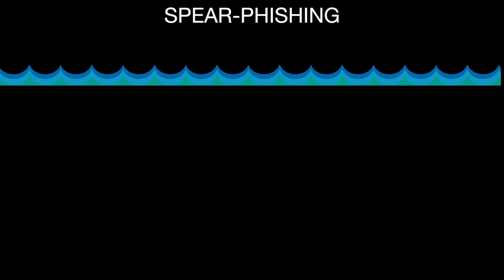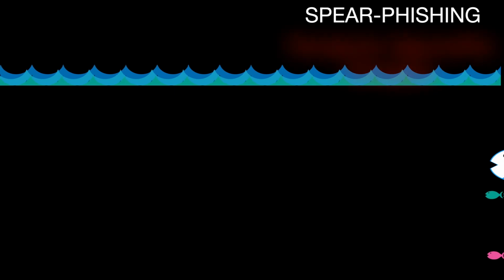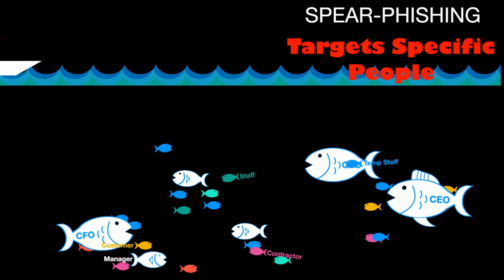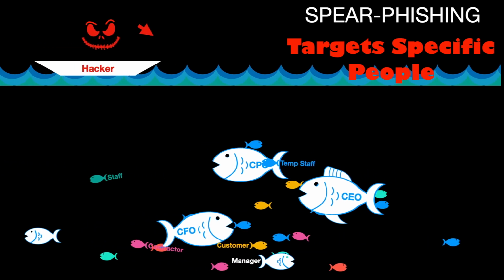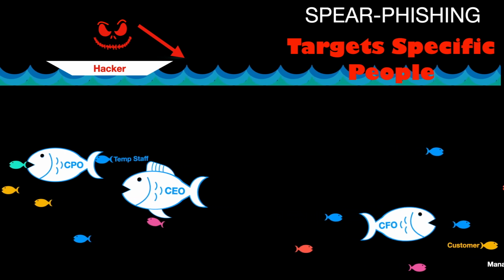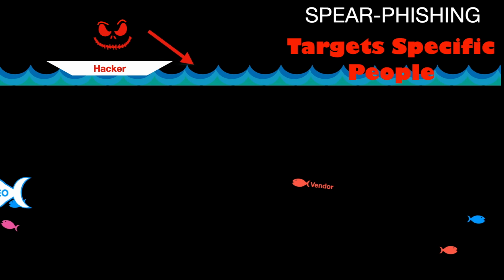Spear phishing uses the same social engineering techniques as generalized phishing, but focuses on a single person or group of persons. Hackers will spend more time to research their targets, scanning for information rarely available on the internet about their target. And yes, it can even be an external party, like a vendor.